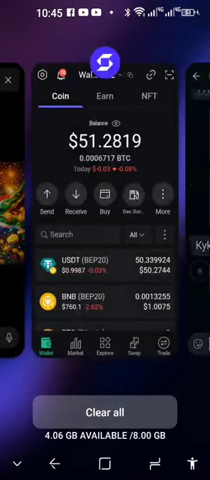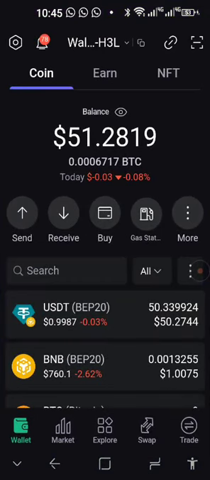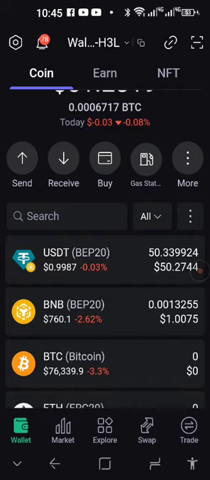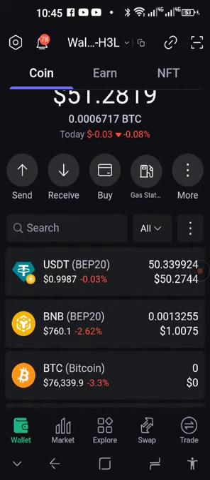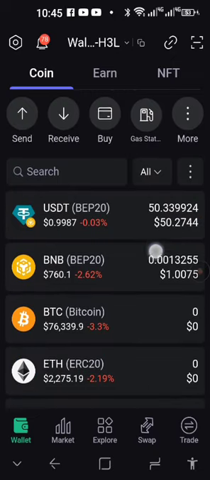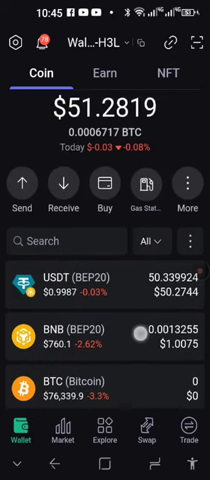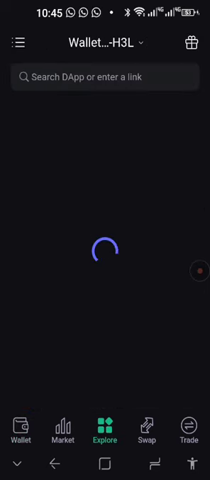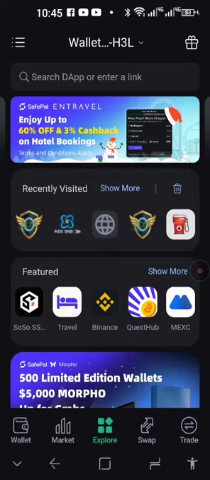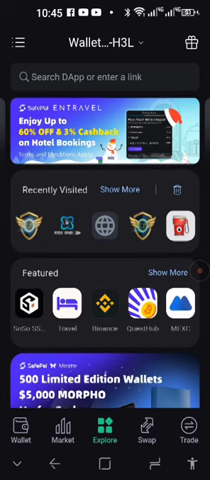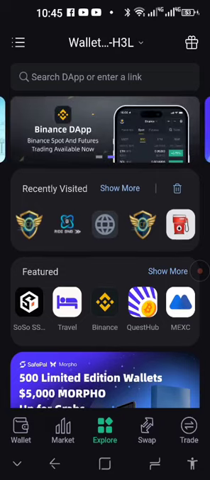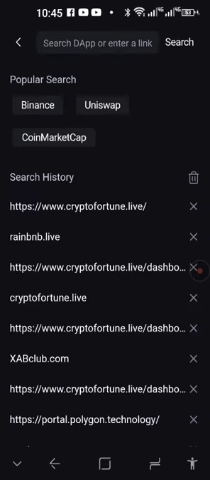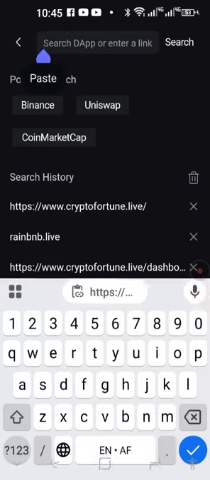Then you go back to PayPal and make sure that you have at least some gas fees for the registration and your amount of USDT that you want to start with investing. The rest of the coins you can remove. This is only for demonstration purposes. You will press on explore at the bottom in the middle. I already have my website there, but I'm going to do a new registration, so I'm going to tap on the link at the top on the search bar, and then paste the link at the top again.